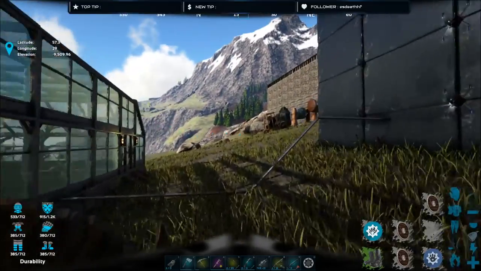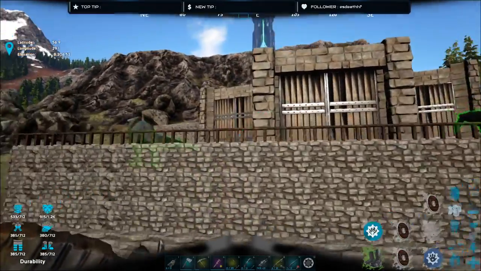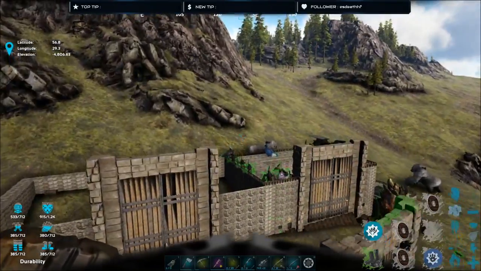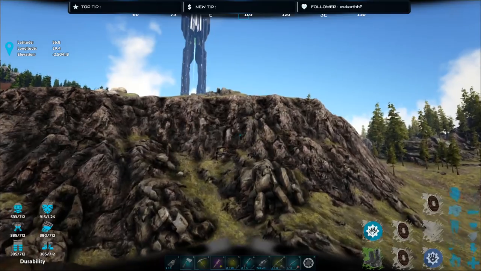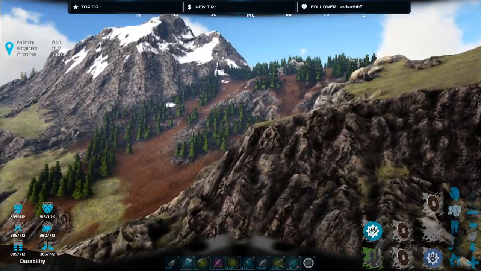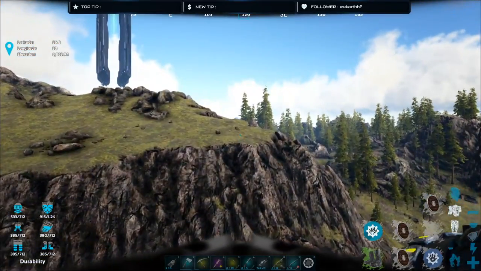Let's see. I don't think there's much else over here to show. There is a Rex pen that's over there behind those big gates, but we don't use it anymore. Let me go up to what used to be Zealot's house, but it's now...